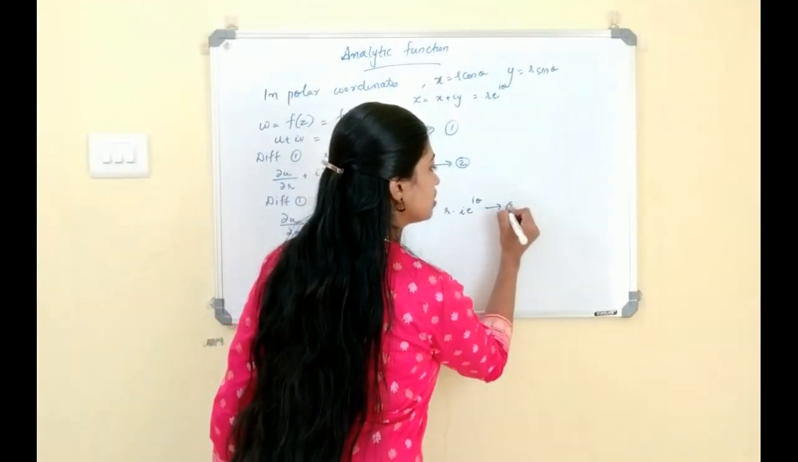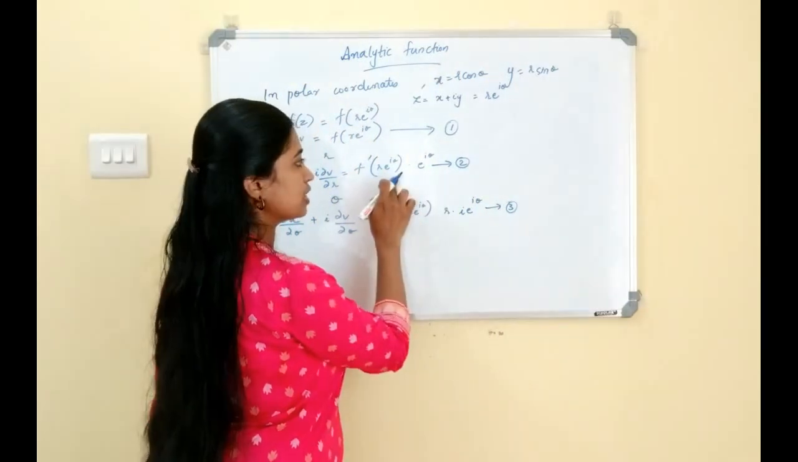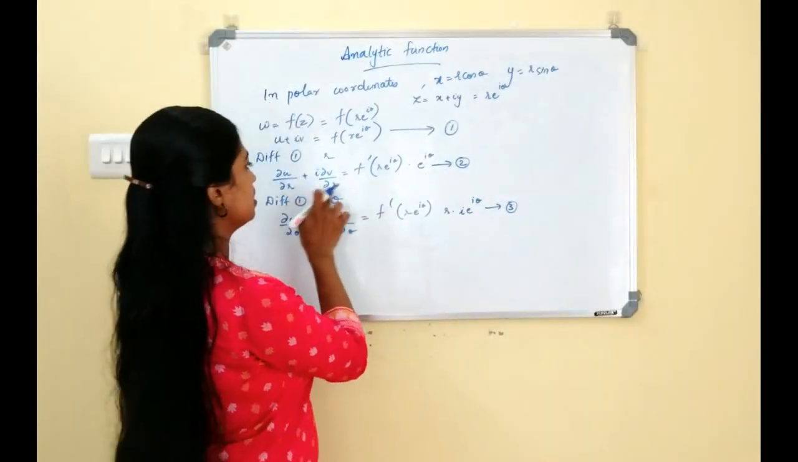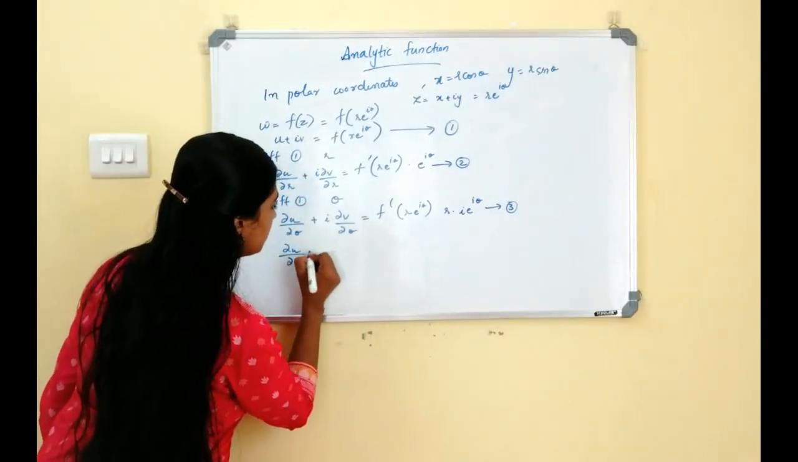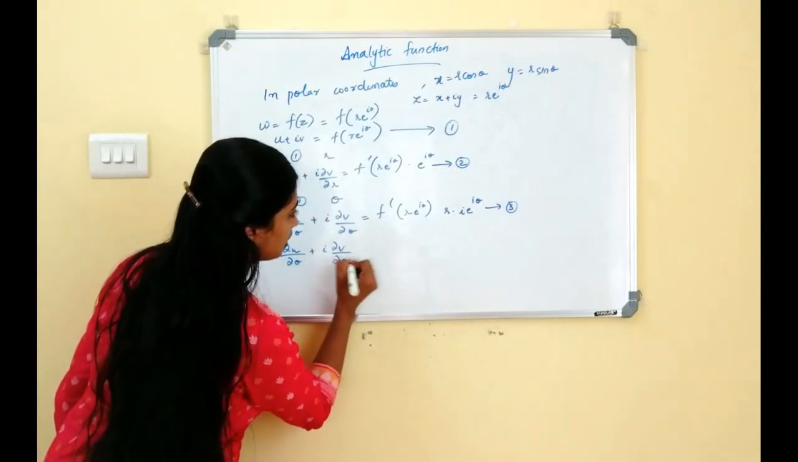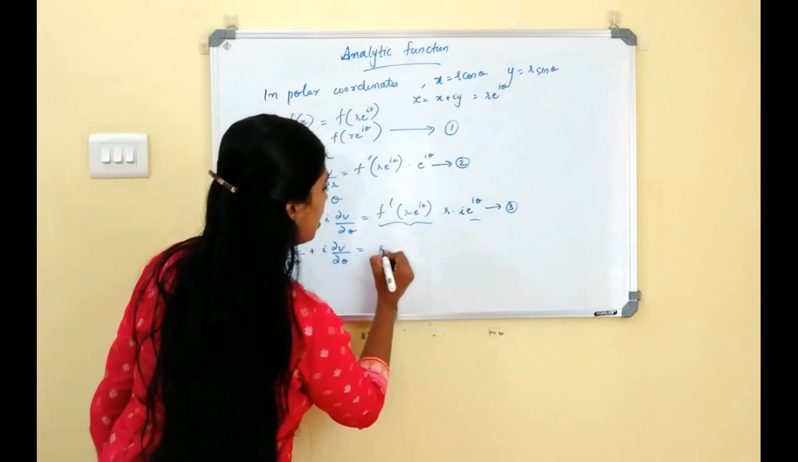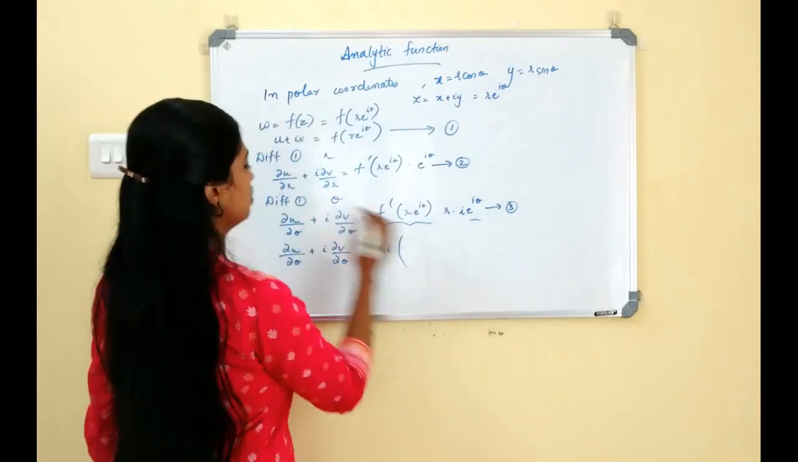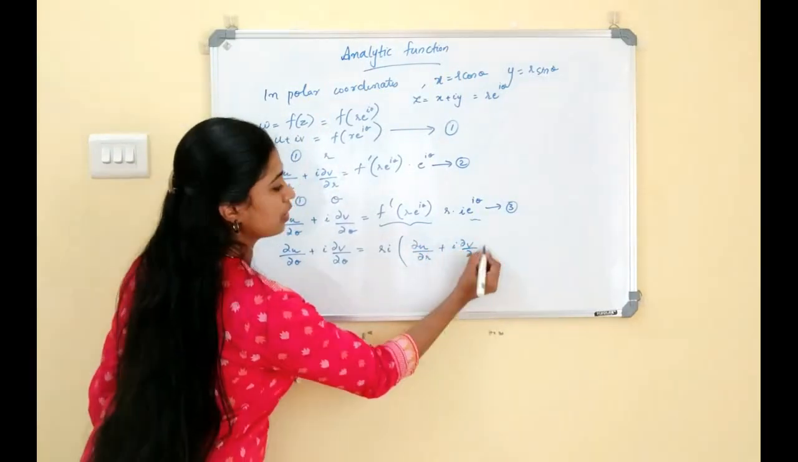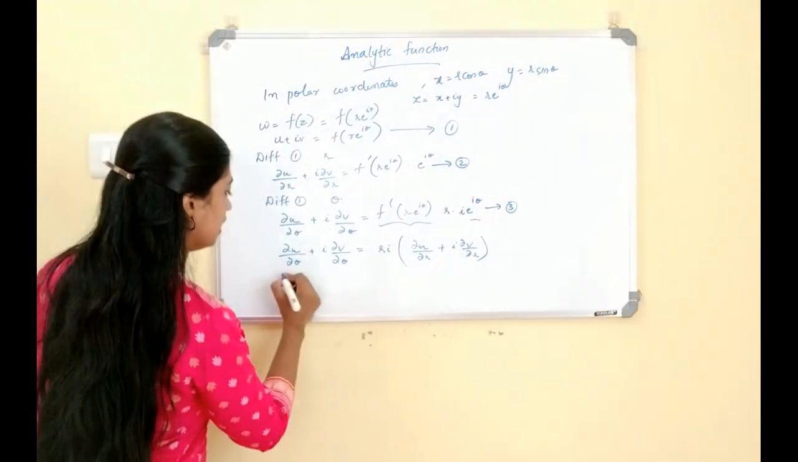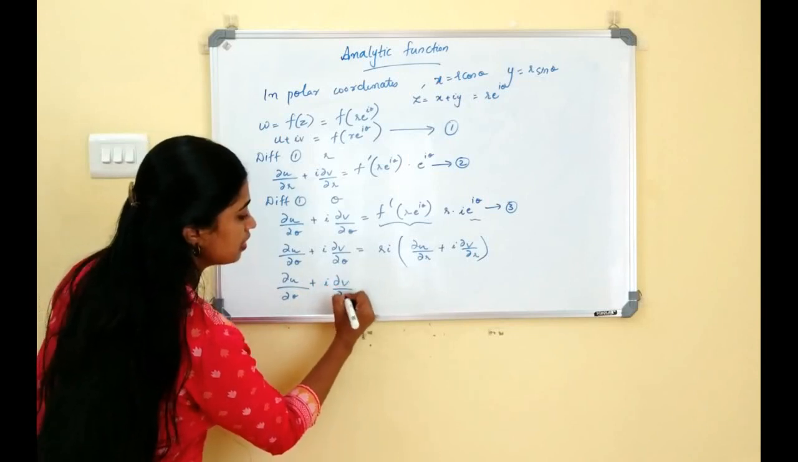So comparing equation 3 and equation 2, we can replace f dash of r e raised to i theta into e raised to i theta by ∂u/∂r plus i ∂v/∂r. So ∂u/∂θ plus i ∂v/∂θ is equal to, instead of this, e raised to i theta r i into ∂u/∂r plus i ∂v/∂r. That is ∂u/∂θ plus i ∂v/∂θ